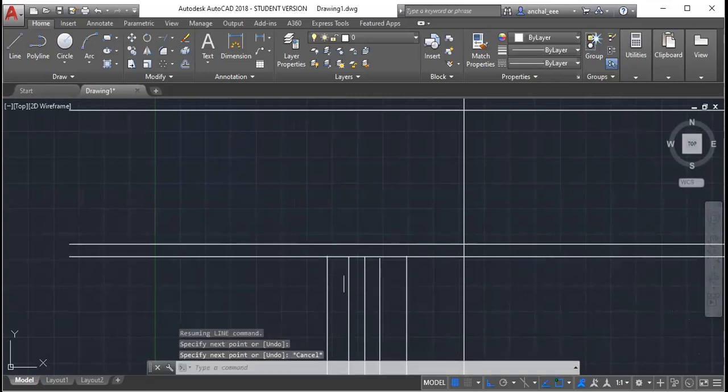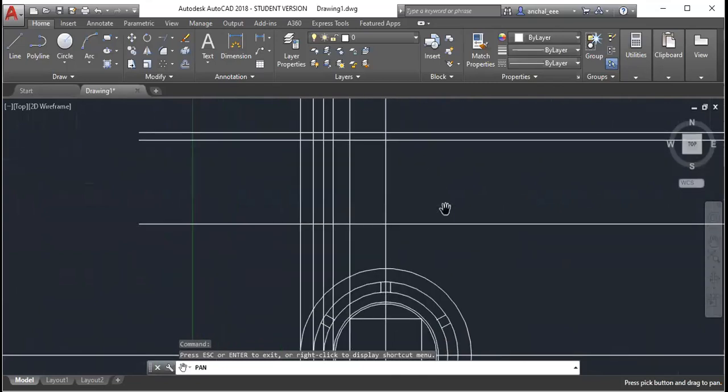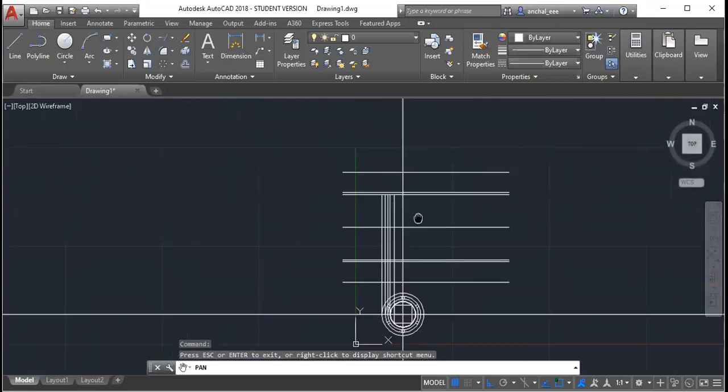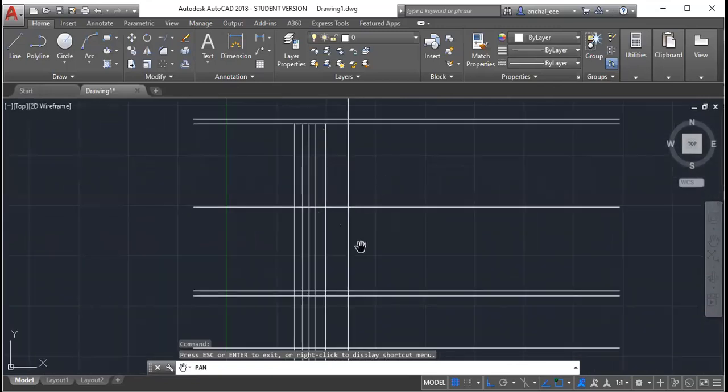If you want, you can extend it a little bit extra and then later delete it. It doesn't matter, if you want to finish it fast. But you have to keep doing the trimming part. Now, you can see that this is ready. Transformer.